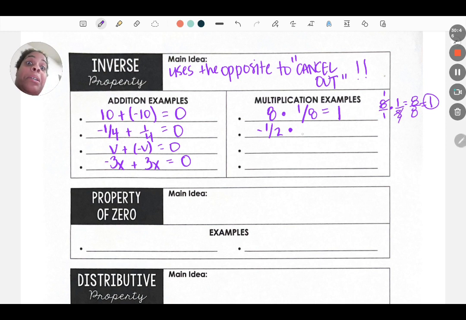Right, it would be a whole 2, right? Which would cancel each other out, which would be 1. All right. Let's do, I don't know if we can do these with variables. Maybe. My examples don't have variables, but I'm not sure why. Okay, so we could do, let's do 6 times, yes,